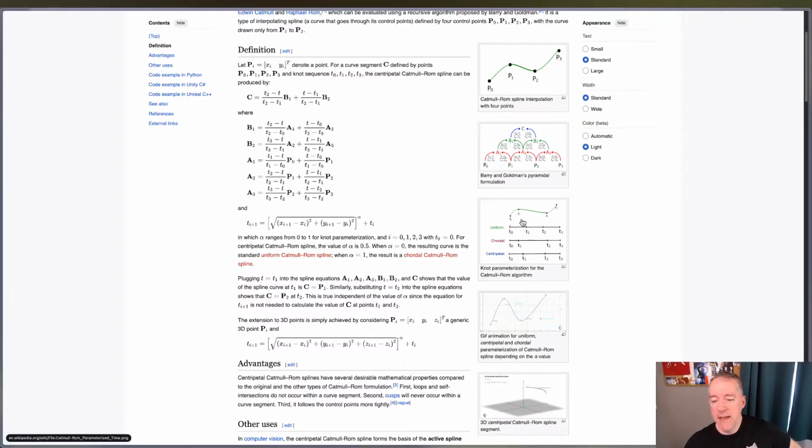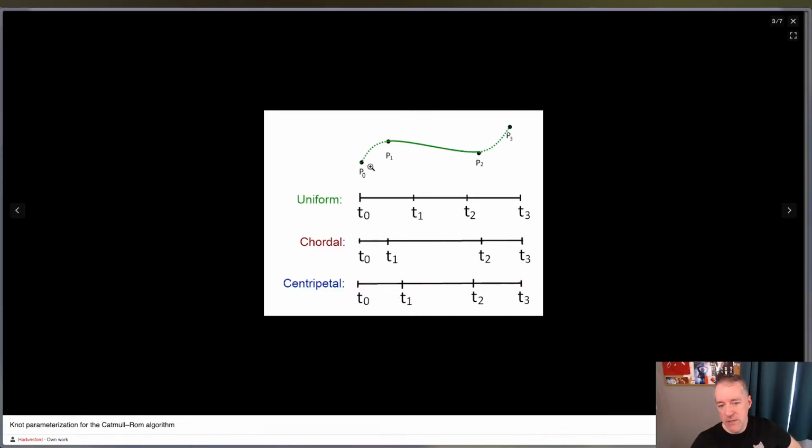But that might introduce some, maybe not anomaly, that's not the right word, but I could see why you would want to maybe scale that a little bit, because even though this is a shorter distance here,